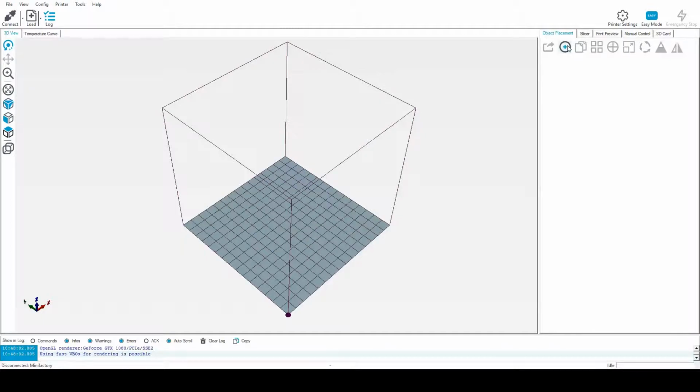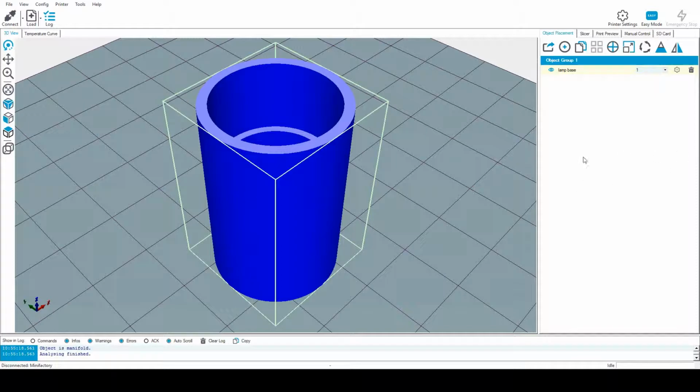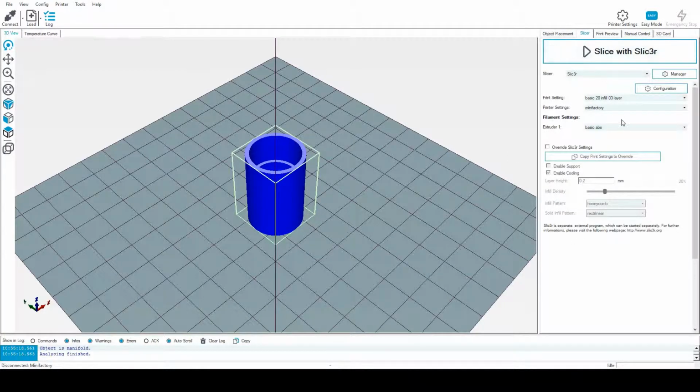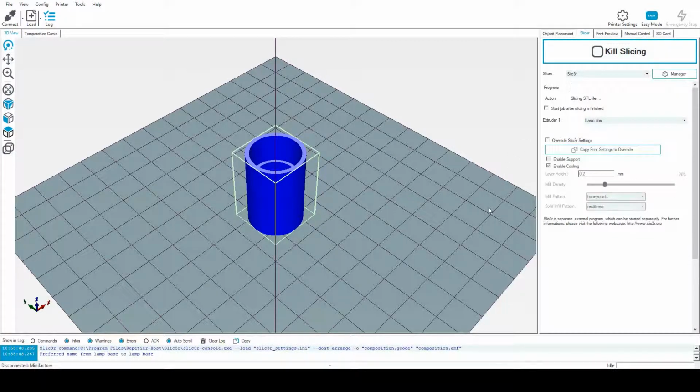So when you go into Repetier host and click on object placement, lamp base STL, you will see that it is of the nice and even perfect proportions, 30 millimeters by, I don't know why you don't see the dialog boxes, but anyway, here we go. So when you slice it up, I'm using basic 20% infill with 0.3 millimeter layers. I'm using the mini factory printer this time, and I'm using basic ABS. I hit the slice with slicer button,